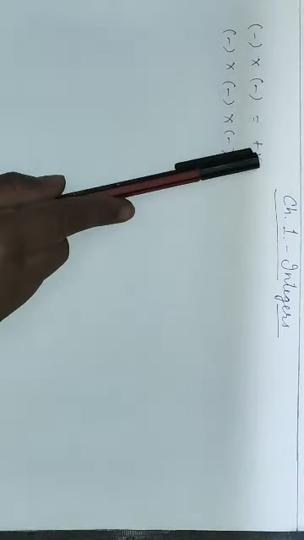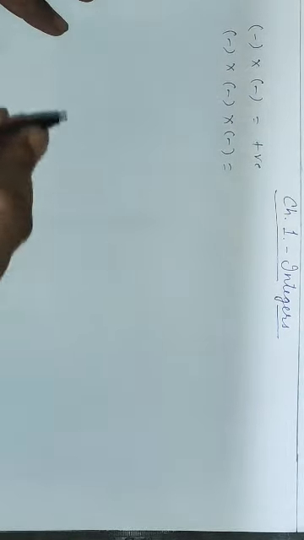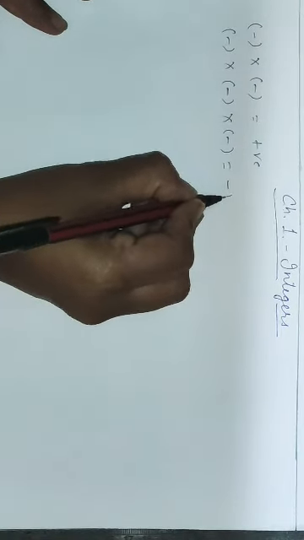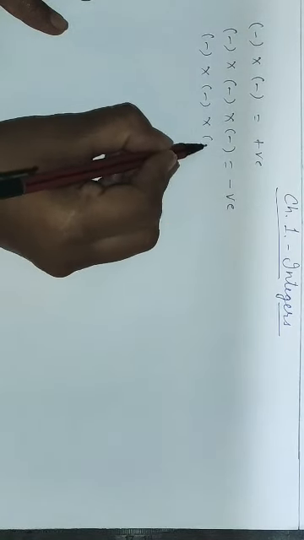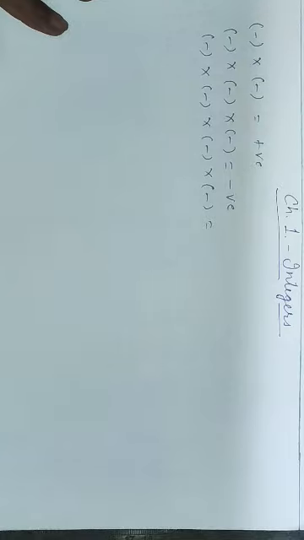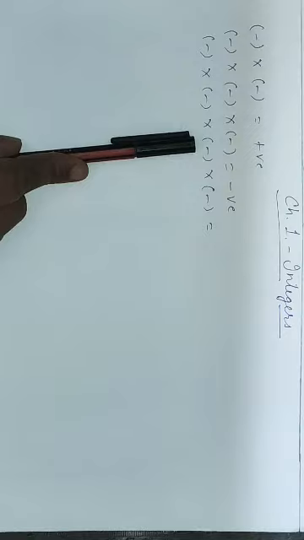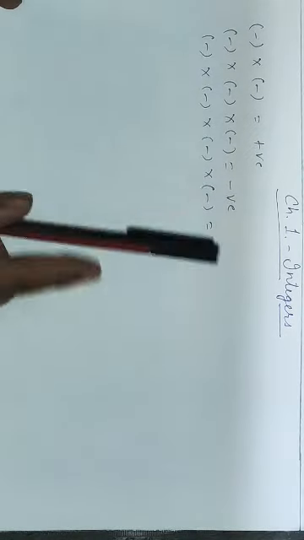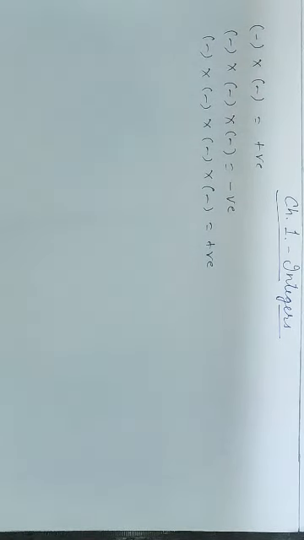Minus minus, I know it is plus. Then what is the sign of plus into minus? Now plus and minus, one is positive, one is negative, so the sign will become negative. Take one more case. This time I am multiplying negative numbers 4 times. Minus minus, it will make plus. Plus minus, one positive, one negative, negative. Then negative negative, positive. Just remember one thing, whenever we are multiplying same sign numbers, we will get positive sign. Whenever we multiply one negative and one positive number, we will get negative sign.